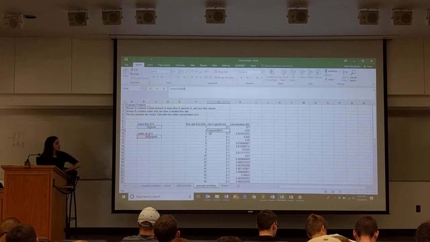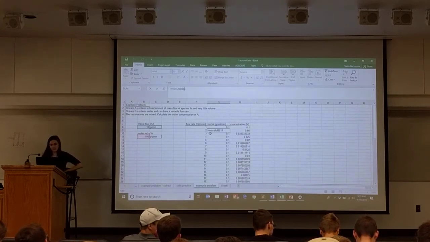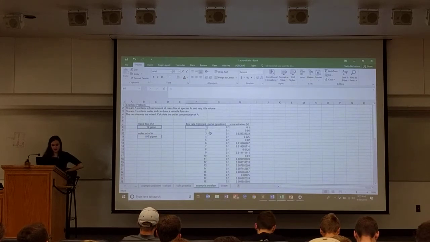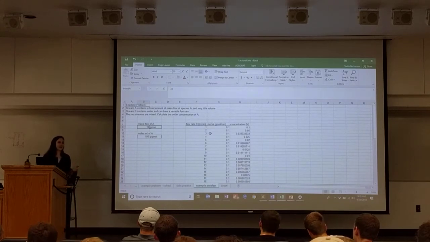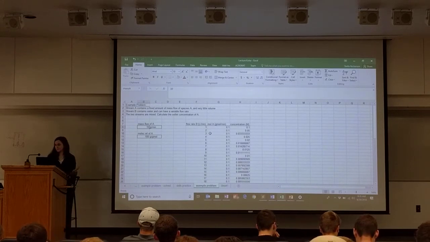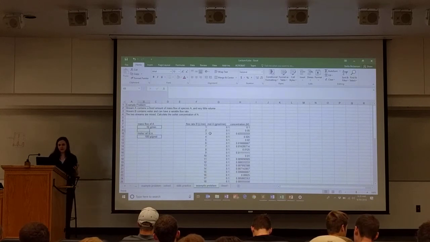Yes? How do you, is the, like, grams per minute, grams per mole over on the left, is that in a different cell? Or how did you get it to only use the number? This number right here? Yeah. Yes, these are different cells. Yeah, if you try to put a number and letters in the same cell, it won't read it as a number. And you won't be able to do math with it. Okay, so